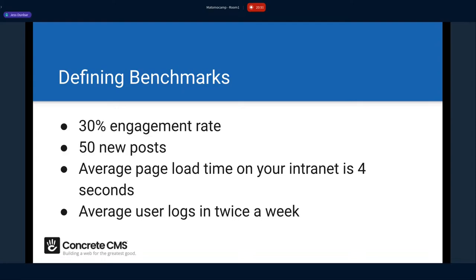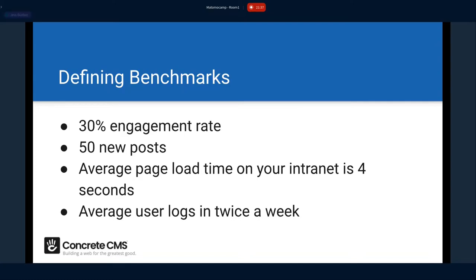So an engagement rate benchmark, content creation benchmark. Let's say your intranet generally has an average of 50 new posts per month, or 50 new articles. This figure can be a benchmark, and your goal will be to increase those pieces of content. Page load benchmark. If the average page on your intranet loads in 4 seconds, this becomes your starting benchmark. Survey response. If your intranet survey response rate is currently 60%, that will become your initial benchmark. And you can aim to improve these rates over time. And then there's user frequency benchmarks. If the user logs in twice a week, this serves as the benchmark, and you can target